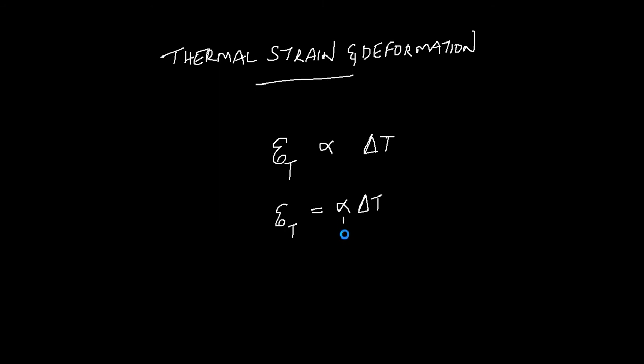where alpha is the coefficient of thermal expansion, just like Young's modulus in Hooke's law. In Hooke's law, we had stress directly proportional to strain, and we changed the proportionality to equality by using a constant called Young's modulus. Now, alpha is the coefficient of thermal expansion,